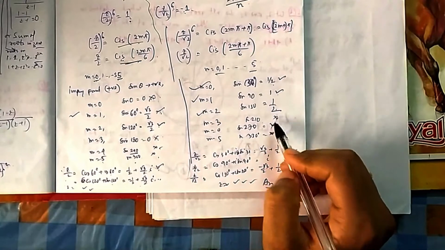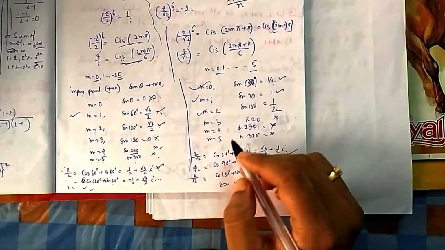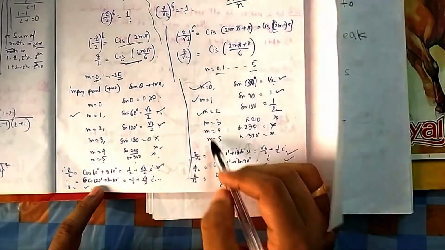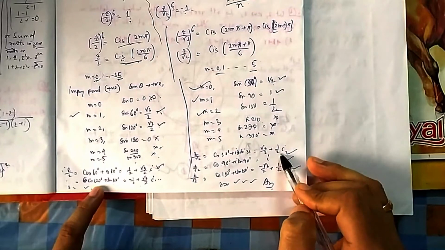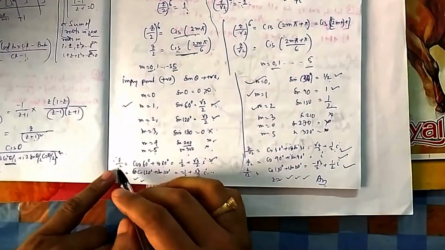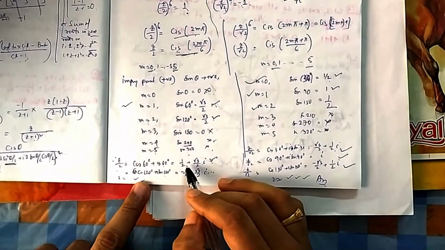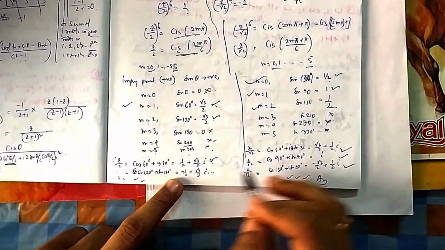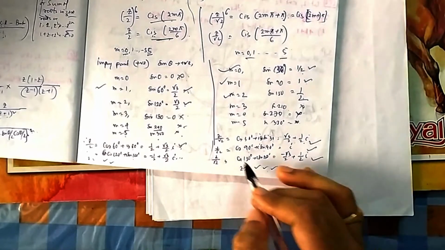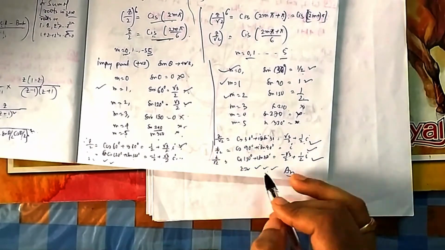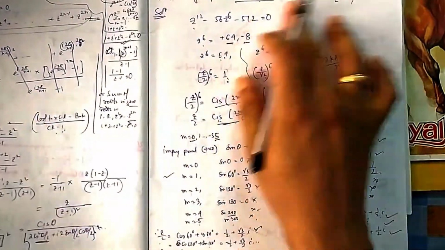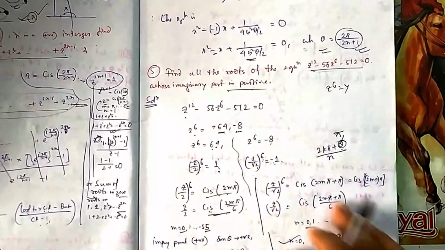3 is 210, which is negative, and 240, 270, all are negative. So z/root 2 will be equal to, the first one is 30 degrees. If you put this one, what will be z? You have to multiply by root 2. If you want to write it, it will be 1 plus root 3 i, then the next one will be minus 1 plus root 3 i. Here also the next one is 90, the next one is 150. Again, if you are writing it as z, then you have to multiply by root 2, because it is z/root 2. So you got 1, 2, 3, 4, 5. There are 5 roots whose imaginary part is positive.